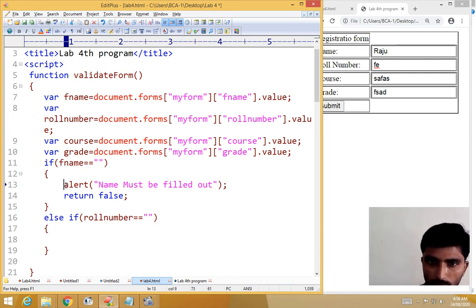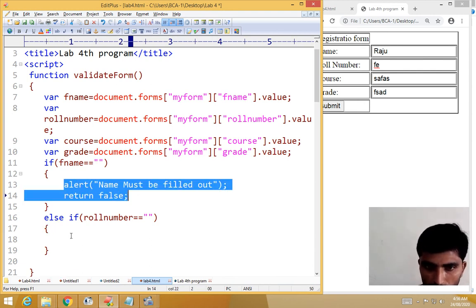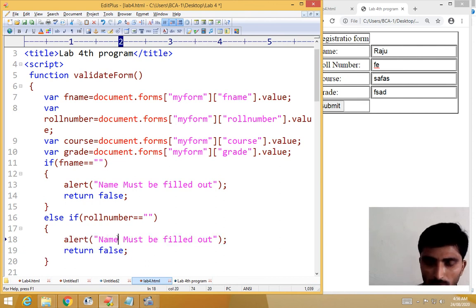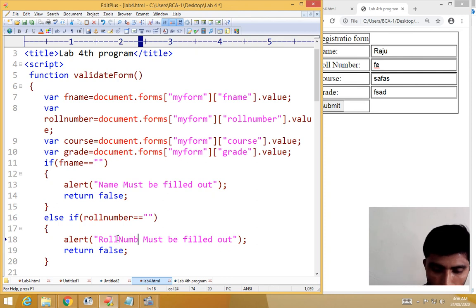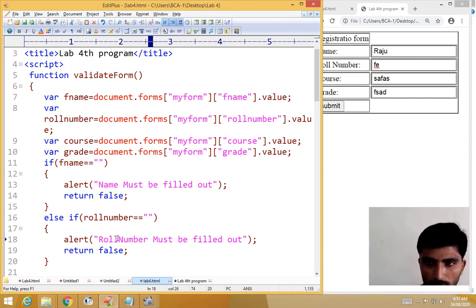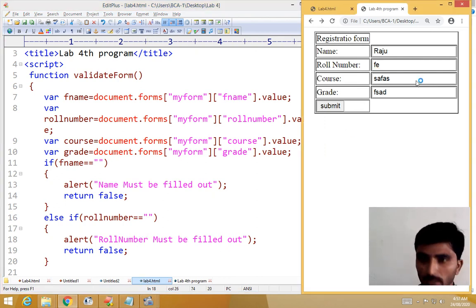Here you write an alert box like this, the alert box, then "roll number" instead of name, then save. I just want to check. So first reload, and first I enter only the name, like this.